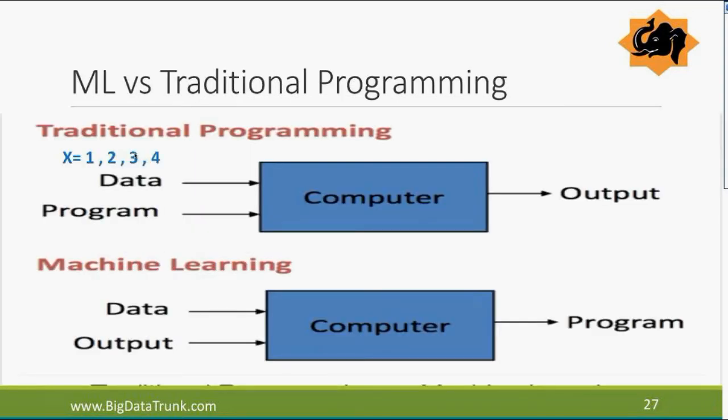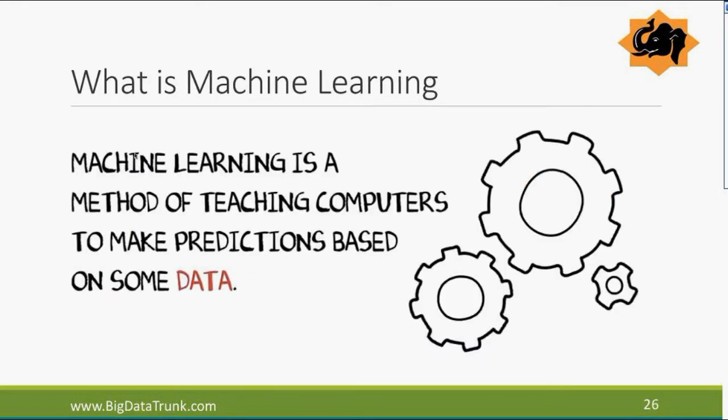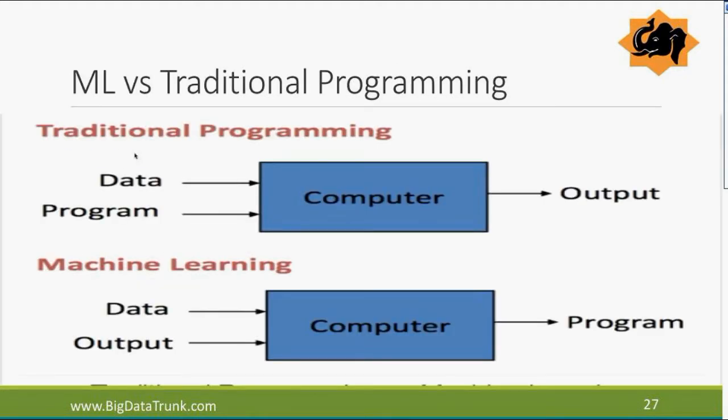What I really like to do is take examples like this. Most of you are coming from an IT background, some software, IT programming, right? How many? Let's do a quick raise of hand. Majority is from that. So you know what traditional programming is. So why don't we take a few moments to contrast and compare machine learning with traditional programming. In traditional programming, we have something called data. We have a data set, let's say simple data like 1, 2, 3, 4, an array of 3, 4 digits, nothing that fancy.